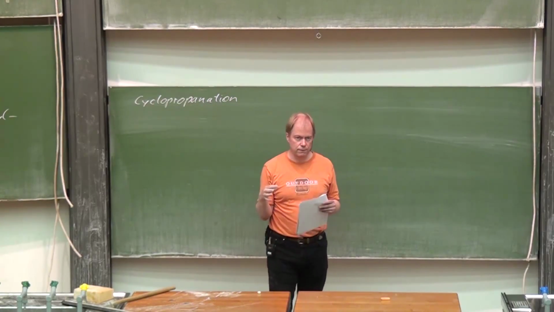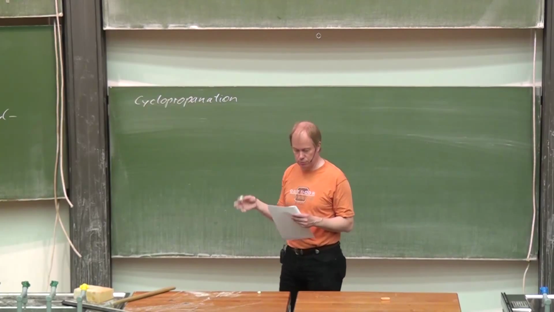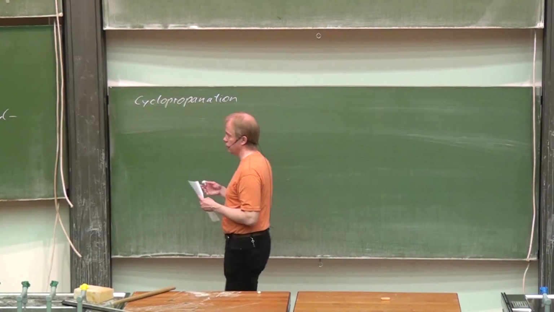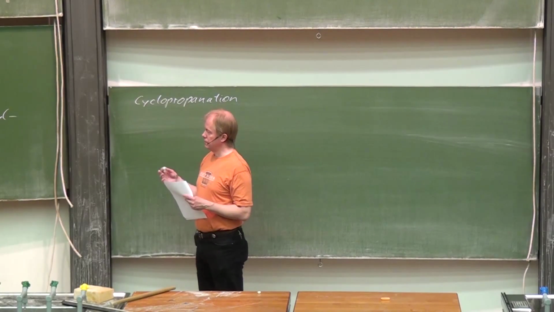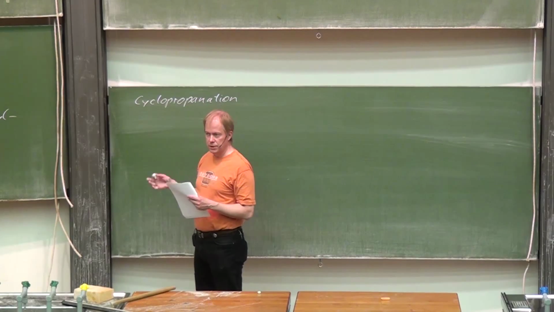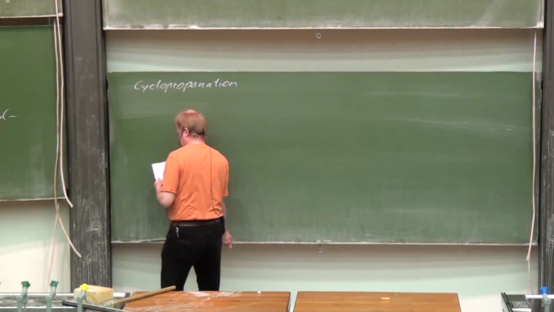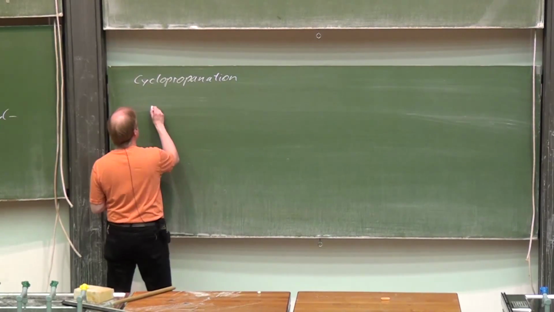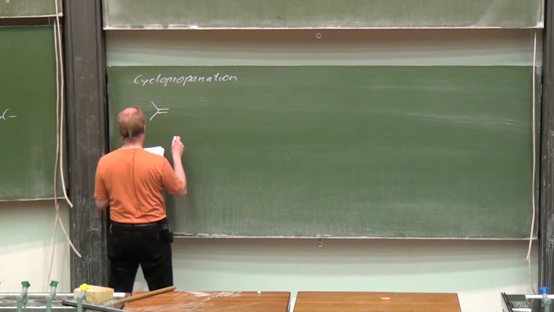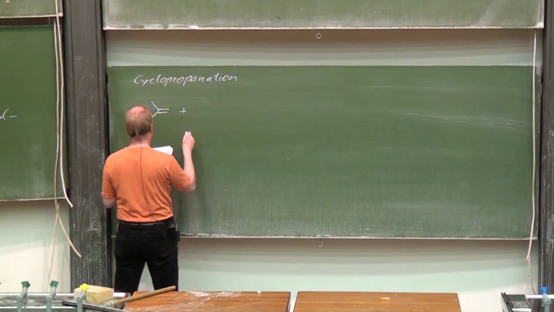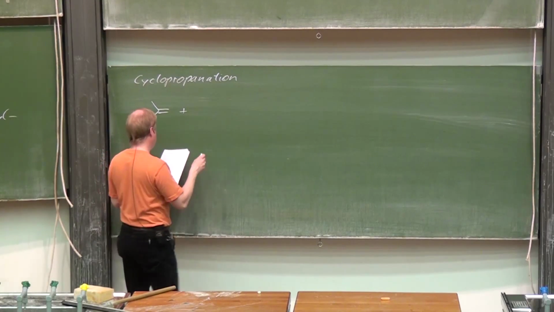Carbenes react with olefins in cyclopropanation reaction, and also metal carbene complexes can do so. For instance, isobutene